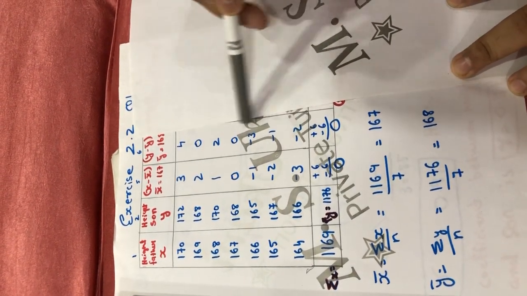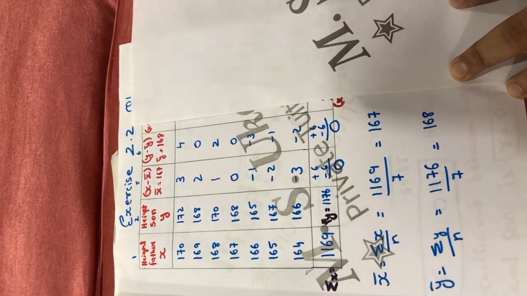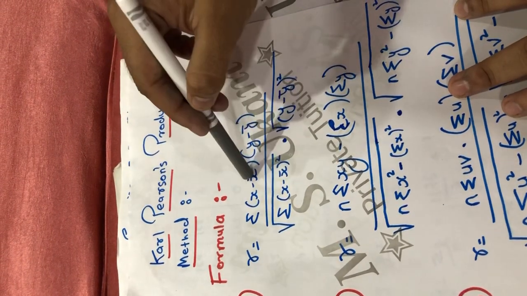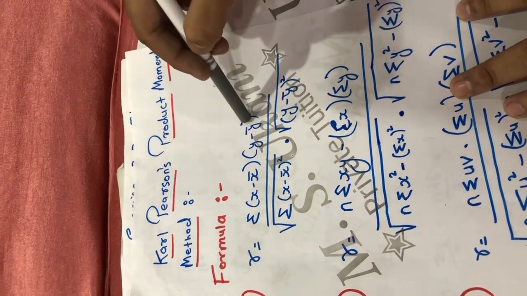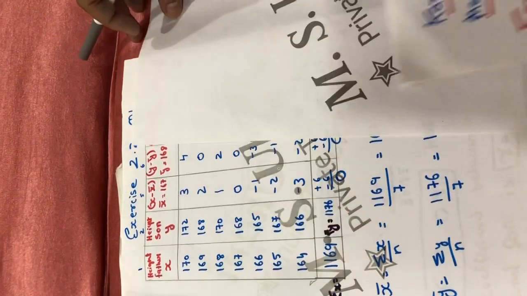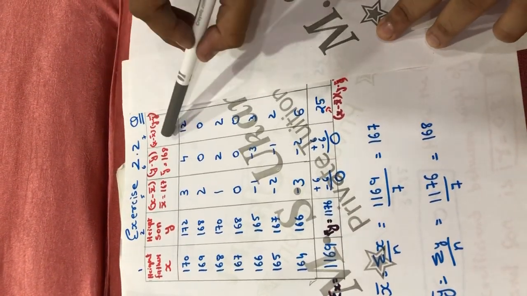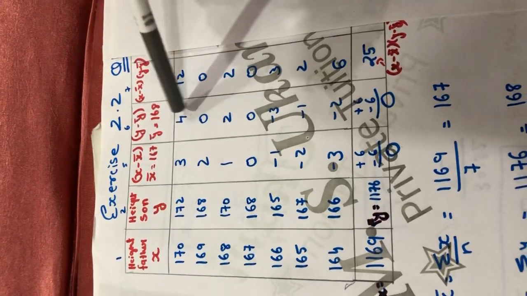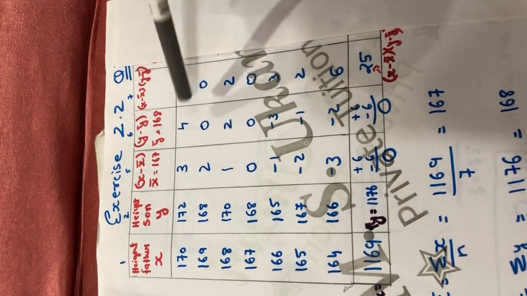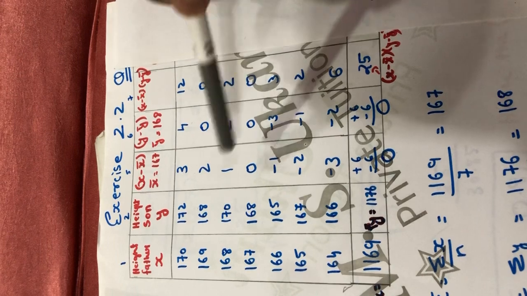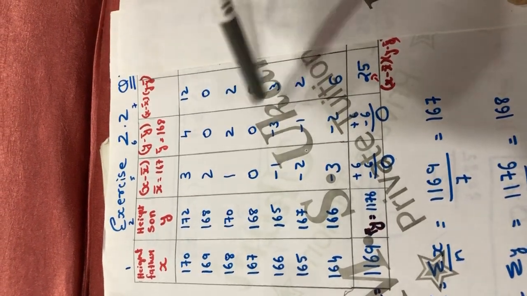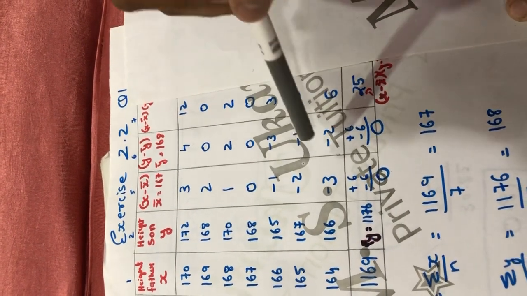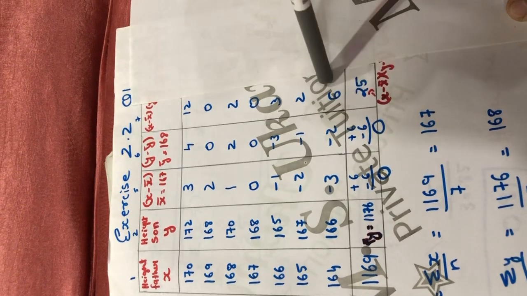So in this way, we will make y minus y bar. Now let us again observe the formula. We have to multiply both brackets, x minus x bar multiplied by y minus y bar. So we will make the column x minus x bar and y minus y bar. We have to multiply these two columns. So 4 3s are 12, 2 zeros are 0, 2 1s are 2, 0 zeros are 0, 3 1s are 3, minus minus plus, 1 2s are 2, minus minus plus, 3 2s are 6, minus minus plus.